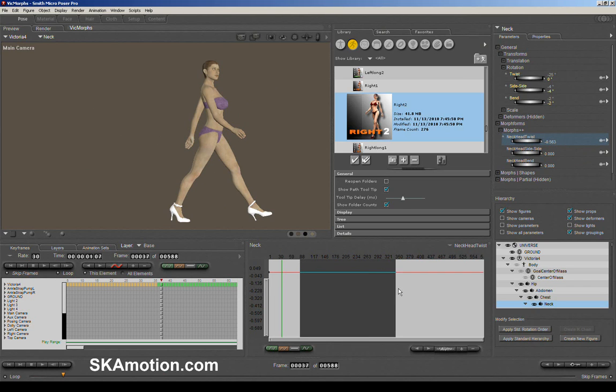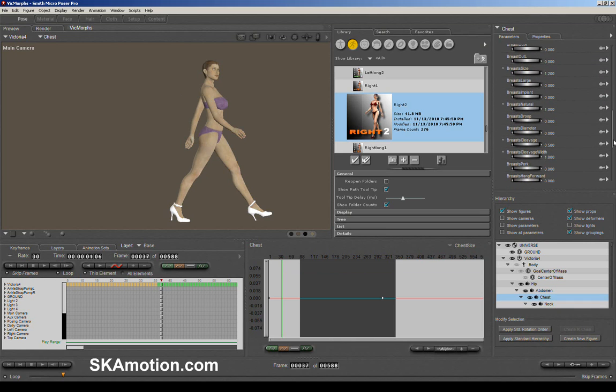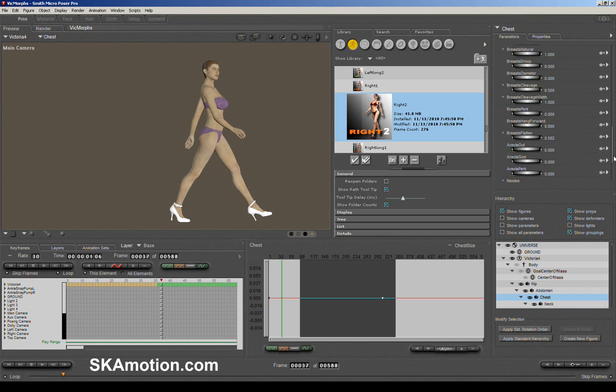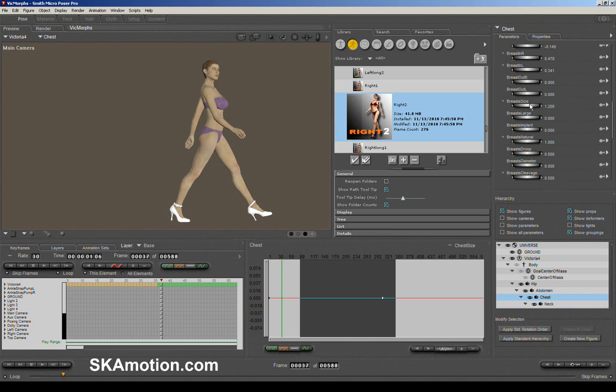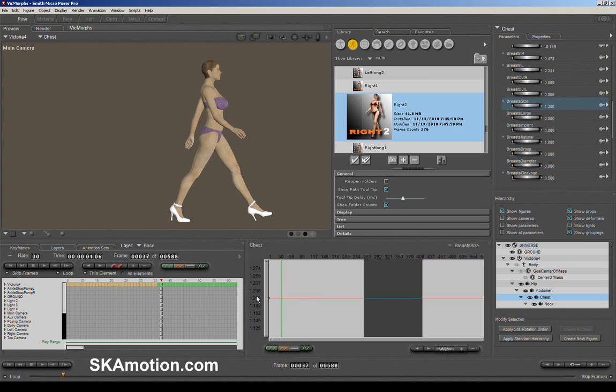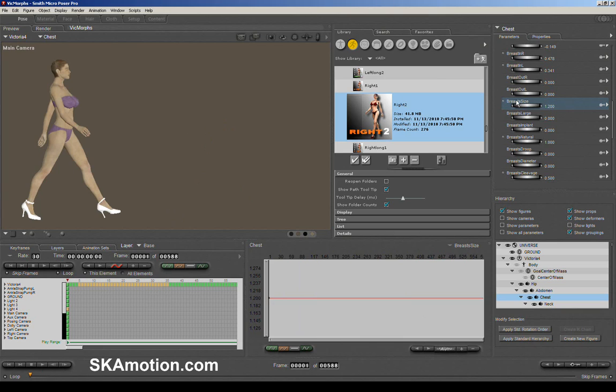Now another thing that you can do is, let's say that you want to change the chest size. You could select the chest, and then under the morphs, if you wanted to, you could select, say, the breast size, and making sure that you've got that selected, delete all the animation except for the very first frame, and then go back to the very first frame, and then you can adjust the size of the breast so that they're as big as you like.